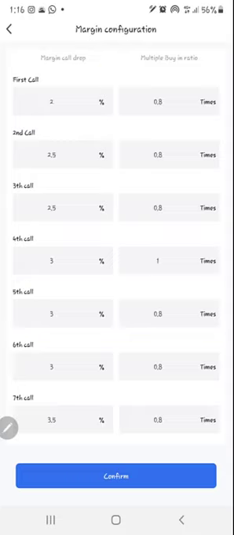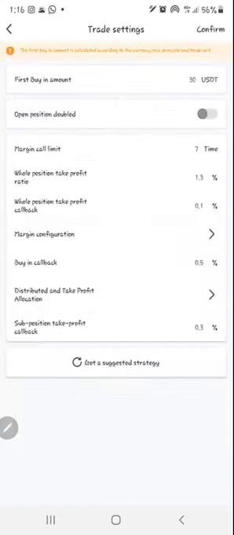Please ensure you click on the save button each time you configure, okay? Confirm what you have set. You can take screenshots of this so you can keep it as your formula bar. Remember, this is not cast in stone. You have the right to configure and program the robot how you wish, okay? So you can confirm this. Now that we have confirmed that, the next thing you need to do is